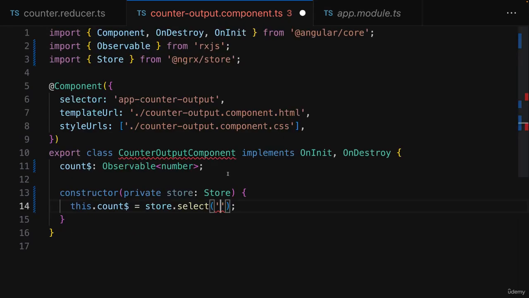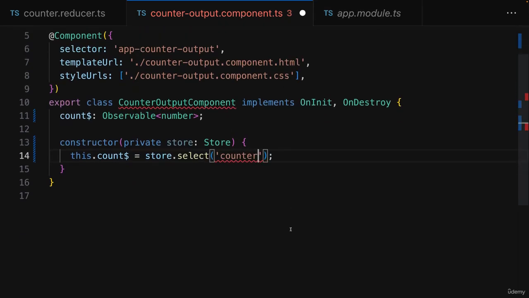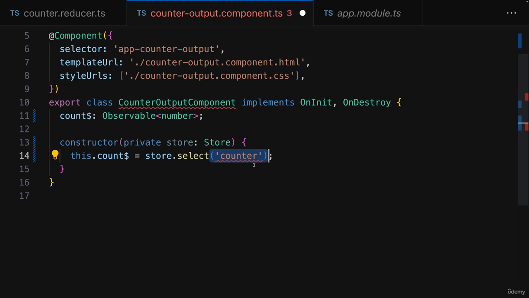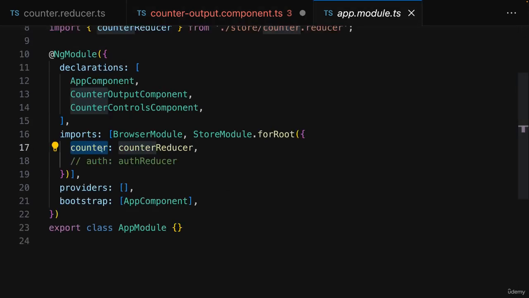So in my case here, I want to select counter from my store because I used the counter key here. And again, it does not matter whether you're using standalone components or not. Now here I'm getting some TypeScript error because in this component, TypeScript doesn't understand that my store will have this counter key. Now I know it as a developer because I set it up, but TypeScript doesn't know it